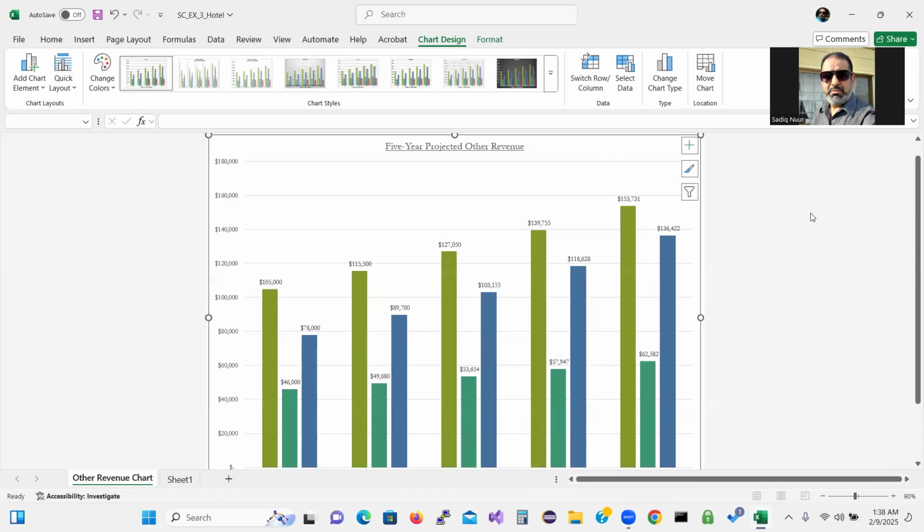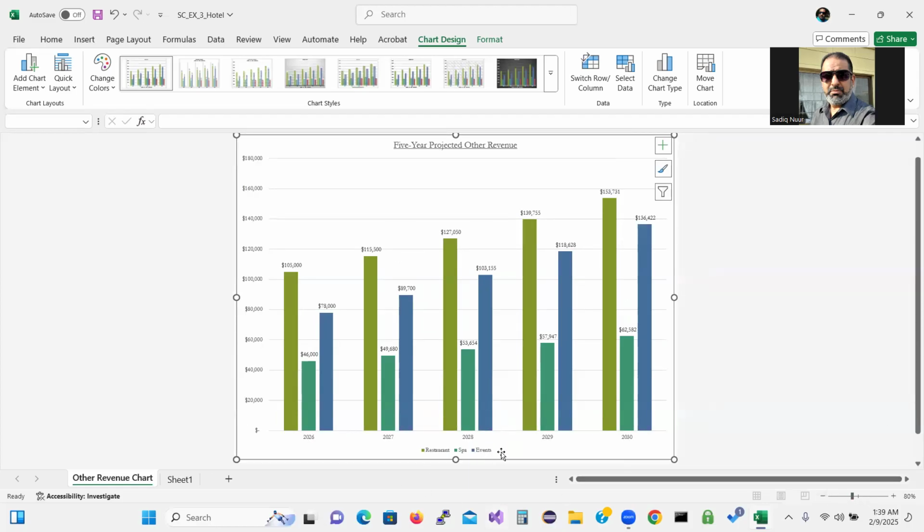Now the next step is to add axis titles to the chart, right? Often the unit of measurement or categories for the chart data is not obvious. So you can add an axis title, or titles for both axes, for clarity or completeness. As you see here, I don't have anything that says what this means on the y-axis, and if you go down, I don't have anything for the x-axis. You see that? So to do that, we will go back to the chart element and then we will click